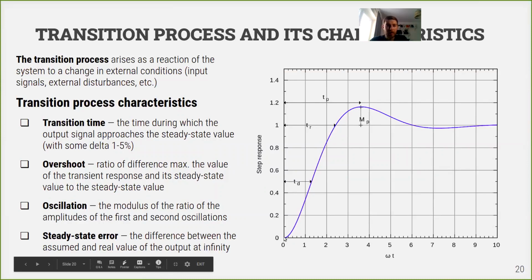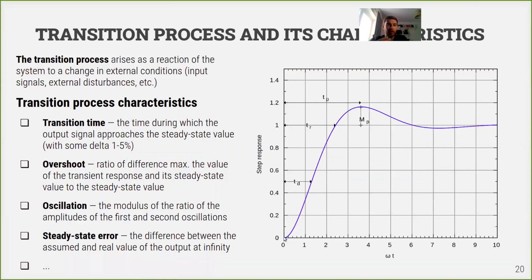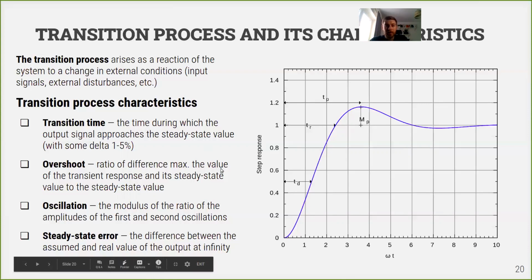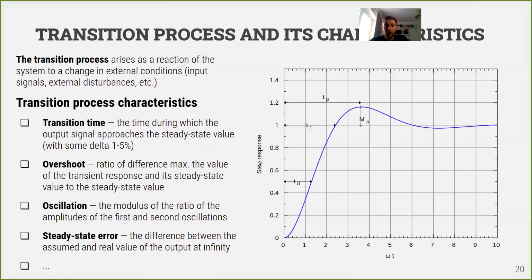So this is a process of system reaction to a change in external condition or to input signal. So we apply new input signal and system needs some time to adjust to it. And this transition process is one of the most important characteristics of any automatic control because usually in a stable